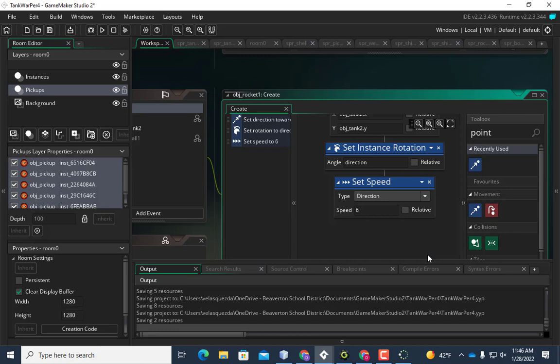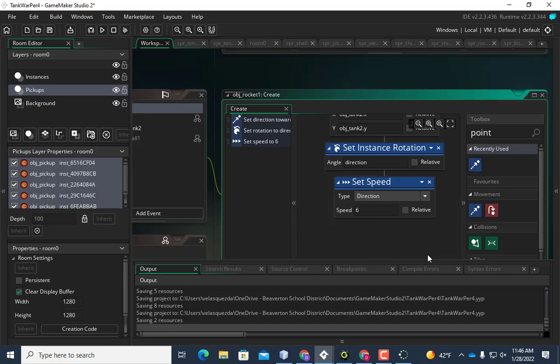Now, this isn't a heat-seeking missile. I've called it that in other videos, but it really isn't. Once you fire it, it just goes in the direction the tank was. If you move out of the way, it's not going to turn. Okay, we could make it a rocket like that. It's kind of fun, actually,